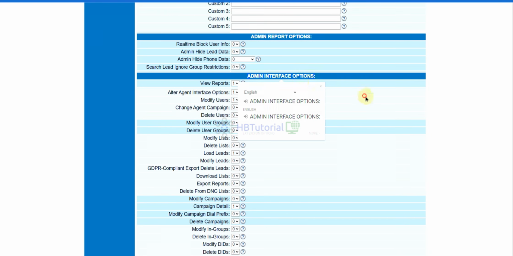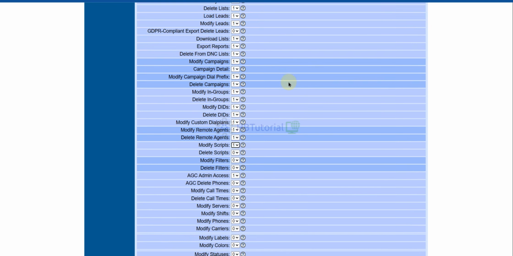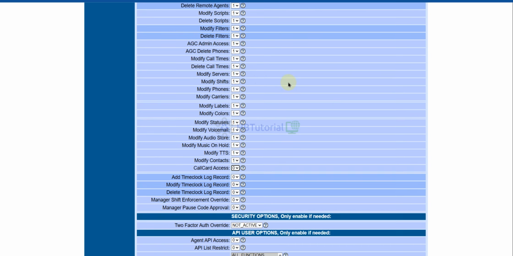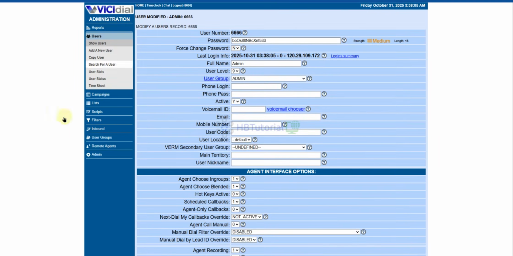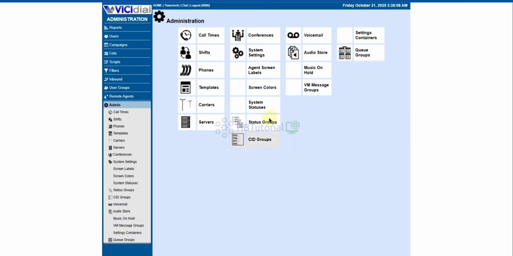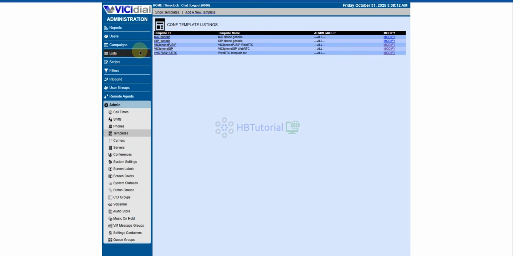Okay, so after that you can configure all the permissions to one, because this is your main admin. Okay, so configure all to one. Okay, then submit, and then you are now able to browse all of the following.